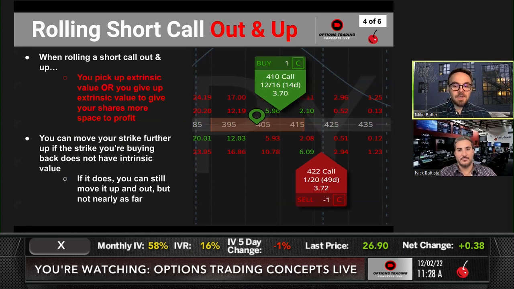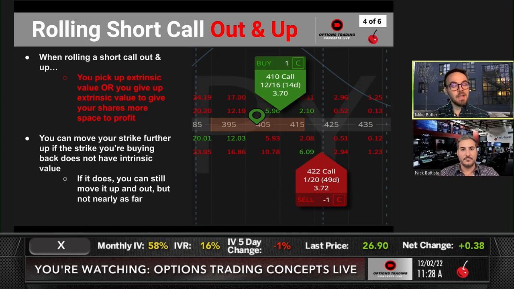So here's where we get a little bit deeper in this analysis. So instead of just rolling the short call out in time, like we just looked at, what about rolling the short call out in time and up a little bit? So when you're rolling the short call out in time, in this case, going from December to January, and you're moving it up, you're going to be picking up extrinsic value by moving that strike out in time, or you